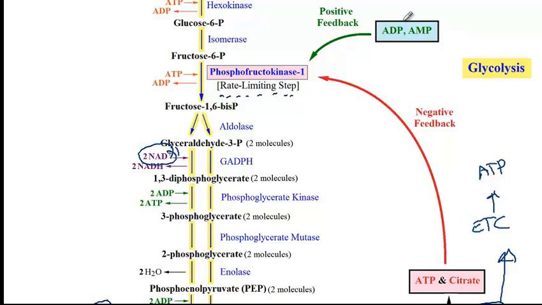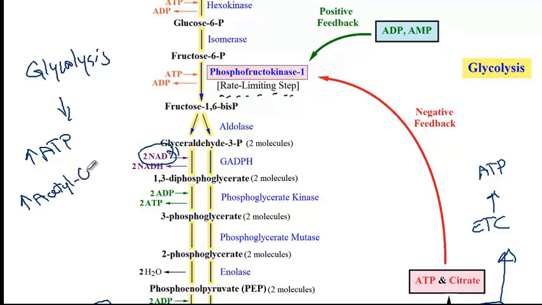But instead of memorizing all these molecules, I want you to know the concept. So what's the purpose of glycolysis? Its purpose is to produce more ATP and also increase acetyl coenzyme A production so that it would undergo the citric acid cycle and so produce more ATP through the aerobic